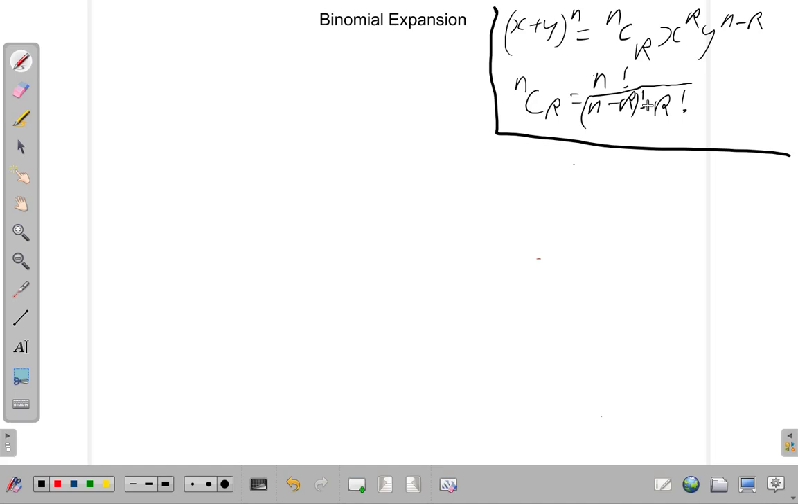Let's continue looking at the binomial expansion. We're going to do an overall review of the binomial expansion. When you have an expression such as x plus y, you have a binomial expression, and it's raised to the power n. So what you get